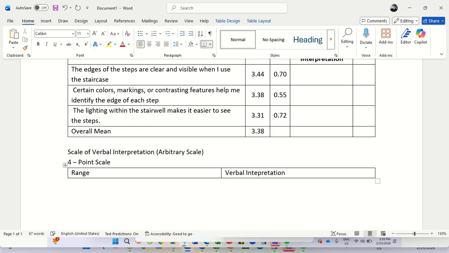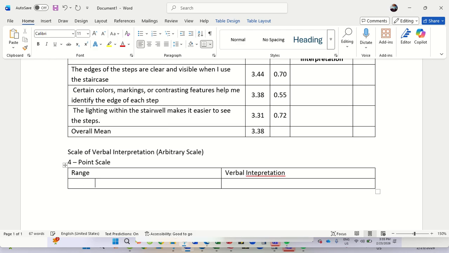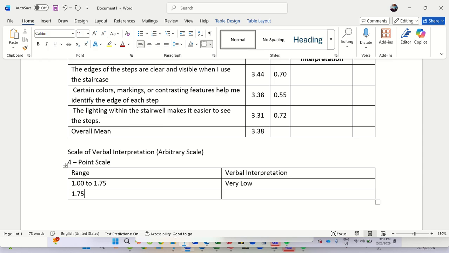So the range is 1.00 to 1.75. So the range would be 0.75, and then this would lead us to very low. I don't know what would be the identifier. It's like very low perception. It depends upon the SOP. Next, 1.76 plus 0.75, that would be 2.25. That would be low. And then 2.26 plus 0.75, that would be